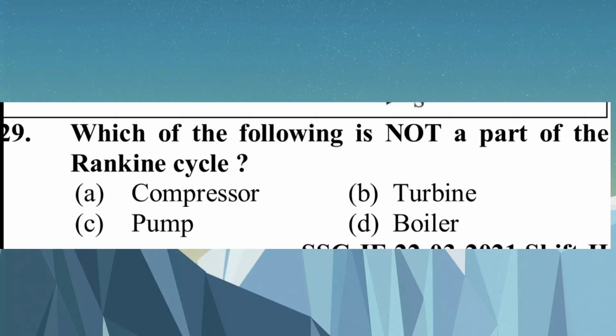Question number 29. Which of the following is not a part of the Rankine cycle? A. Compressor. B. Turbine. C. Pump. D. Boiler. A. Compressor. Compressor is not part of the Rankine cycle. কম্প্রেসারের পরিবর্তে পাম্প ইউজ করা হয়।